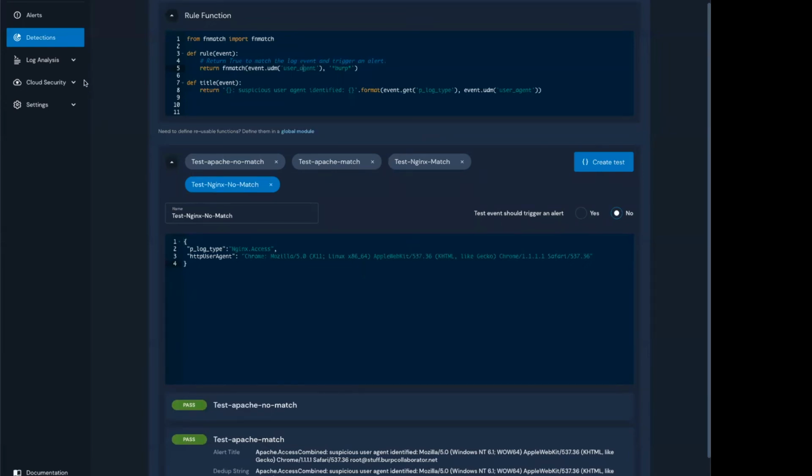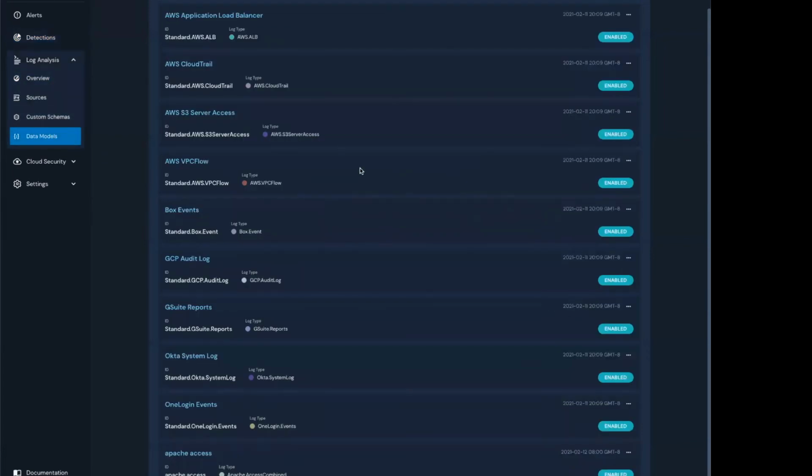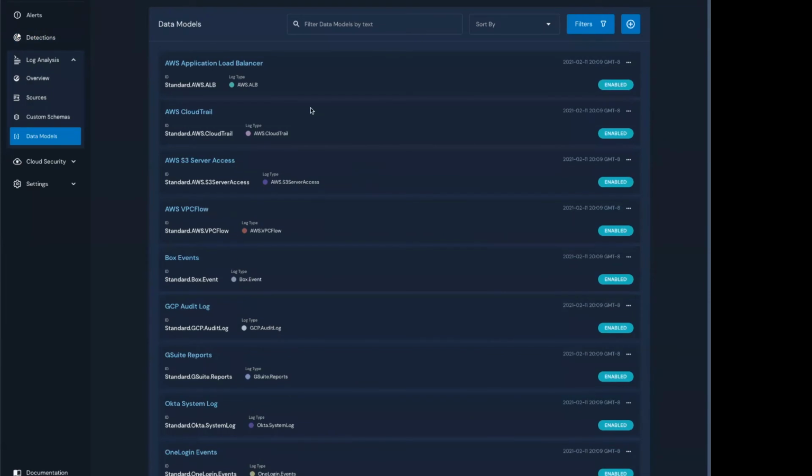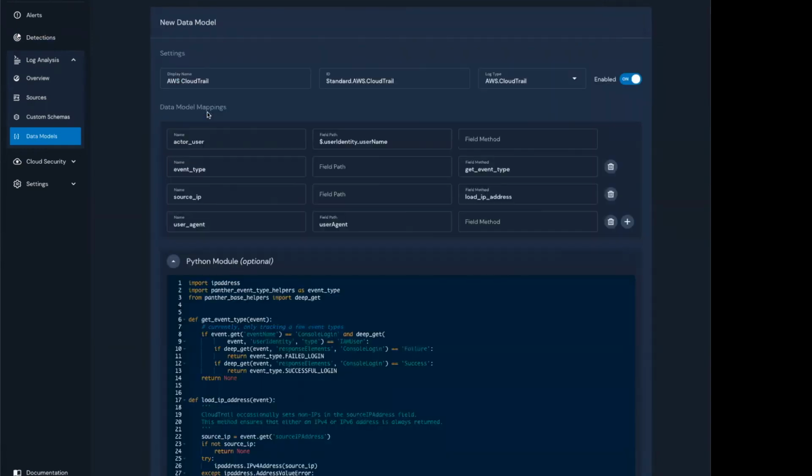In our open source Panther analysis repo, you can see some of the data models we've provided. They span many different log types, including AWS, Box, GCP. And in these, you can see some of the advanced features of data models that we didn't go into. So in our example, we did just one strict field-to-field mapping. The log type you're dealing with has some nested